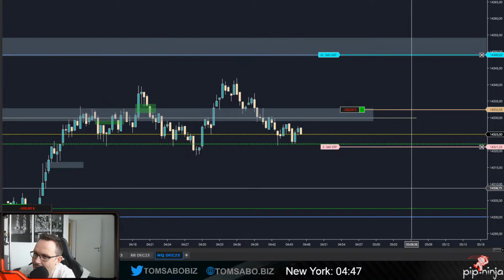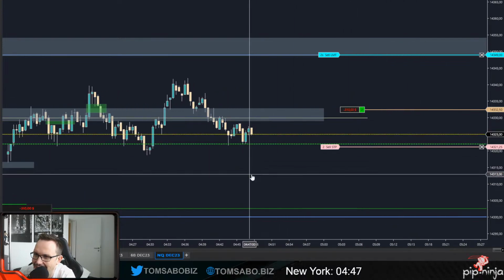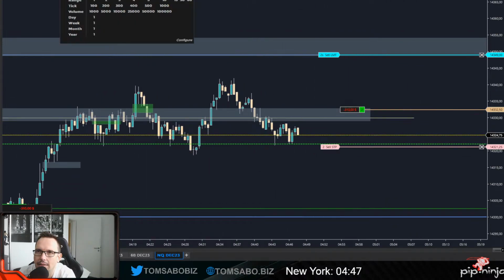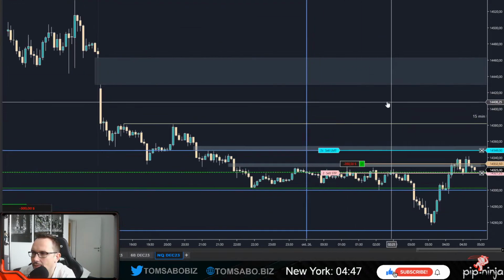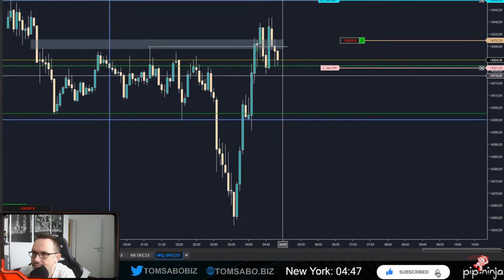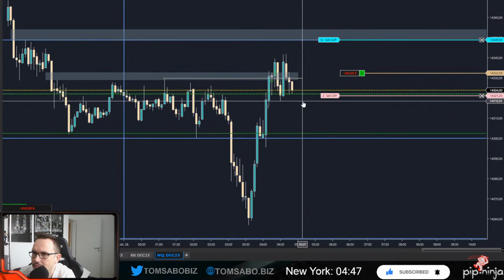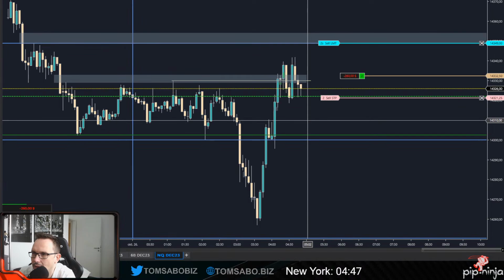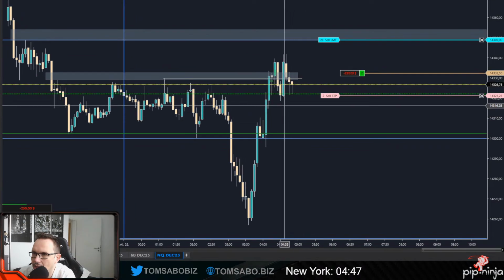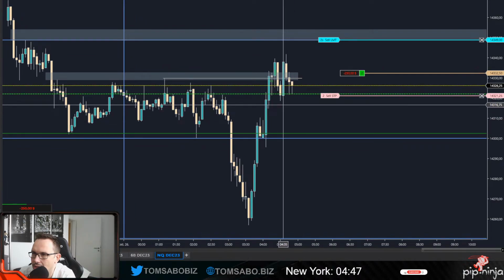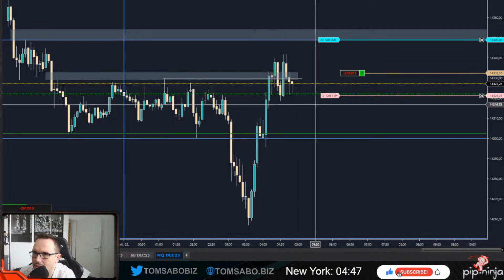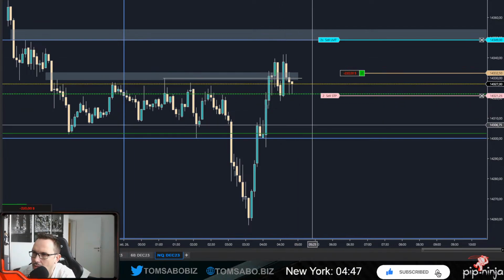Look at that. I was really hoping that it's going to turn around. It's not. Let's look at the 5 minute. Damn it. Not looking good. 5 minute NQ. We have this imbalance right here. It can easily come down here and then go up. Who knows what it wants to do.